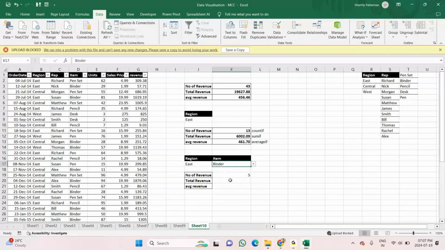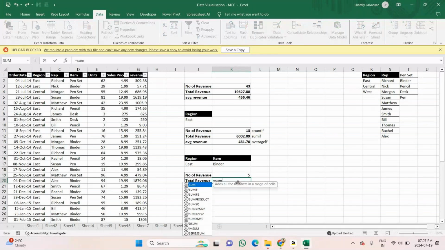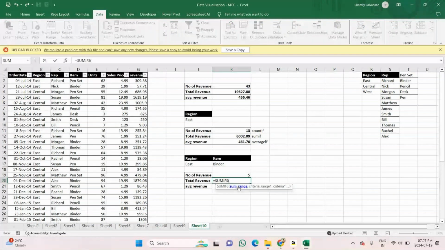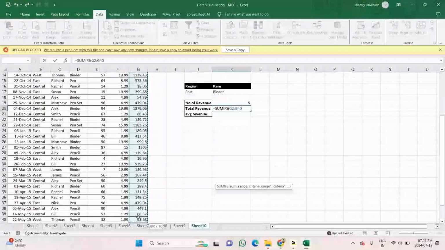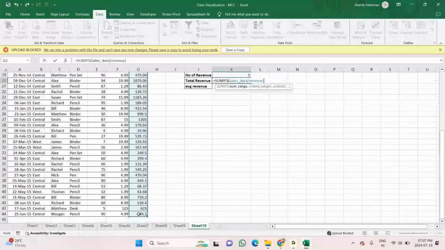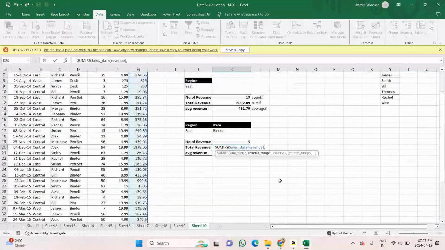Suppose now I want to know the total revenue, that is the total sales value. So equals SUMIFS, SUMIFS for multiple conditions. Sum range, sum means the amount. So sum range, comma, after that it is asking me the condition list.